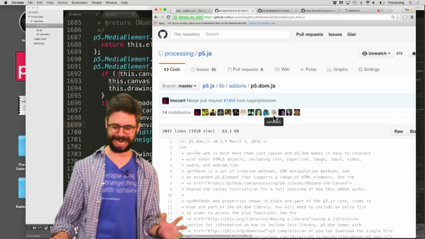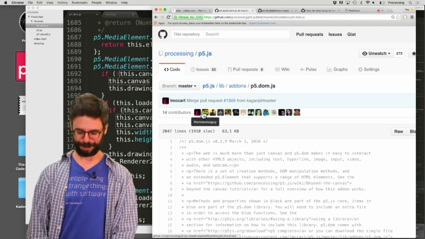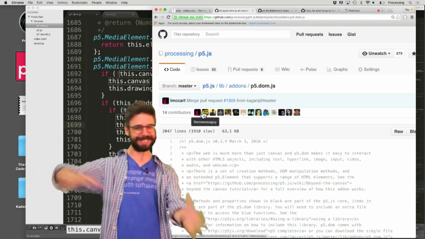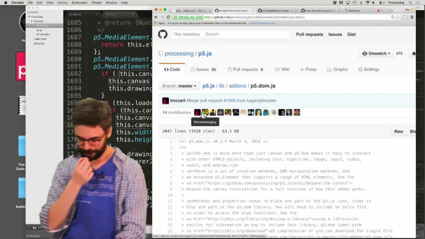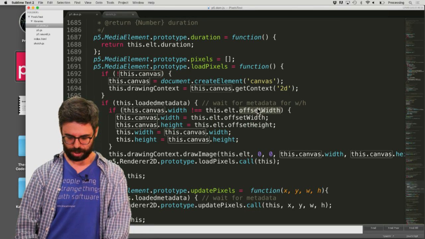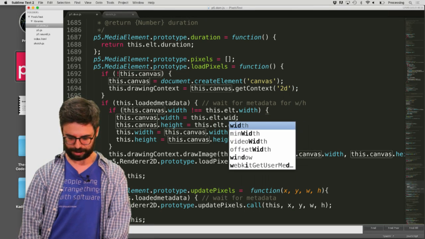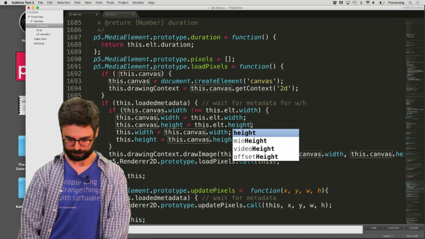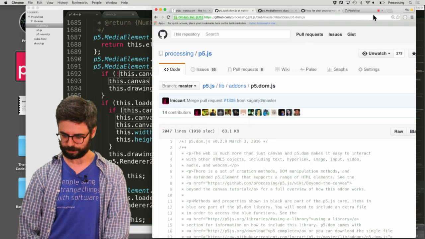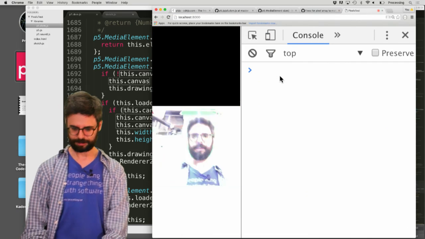This is a mystery. This is like Agatha Christie open source, right? Because it changed. There's a commit. There's an issue. It was discussed. It got changed to width, height. Incidentally, it got changed to this, not offsetWidth. Let's just see if that still works. I'm going to go back to my, right, let's